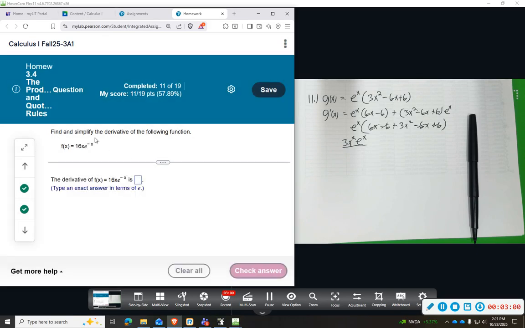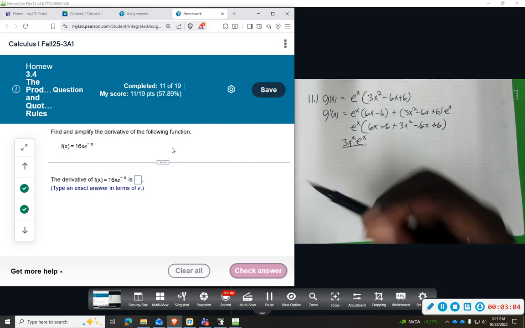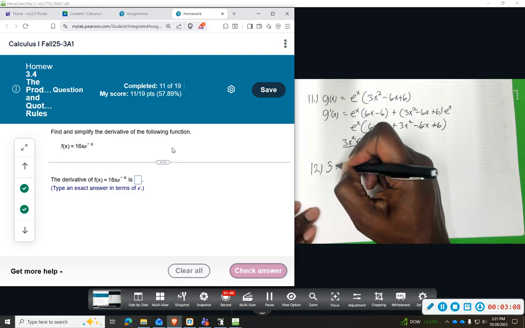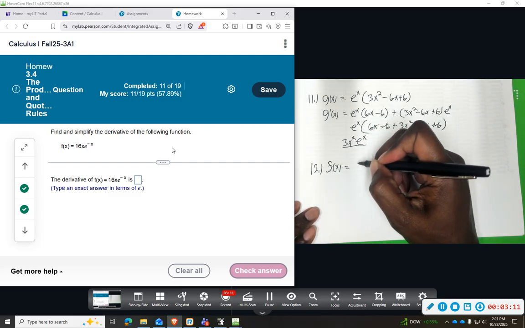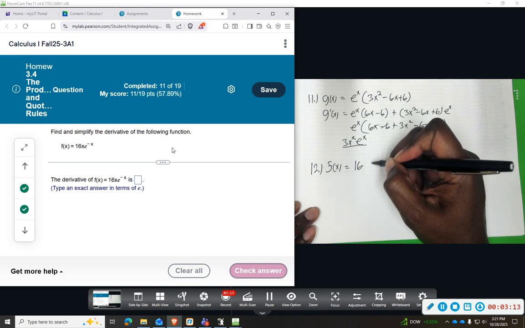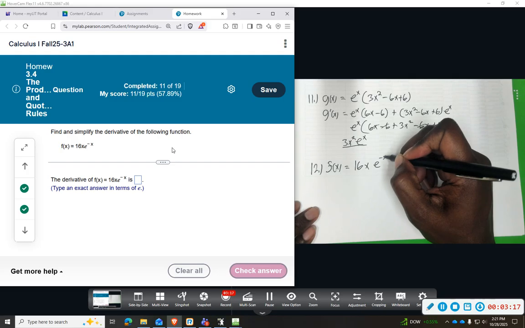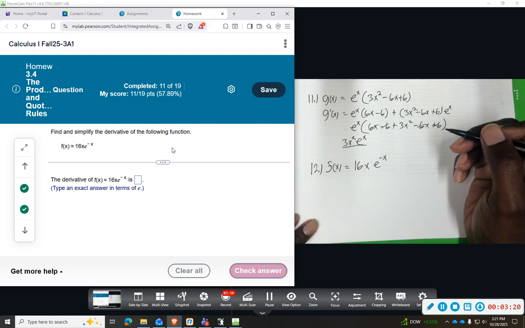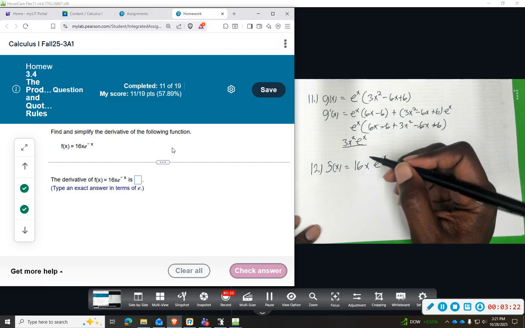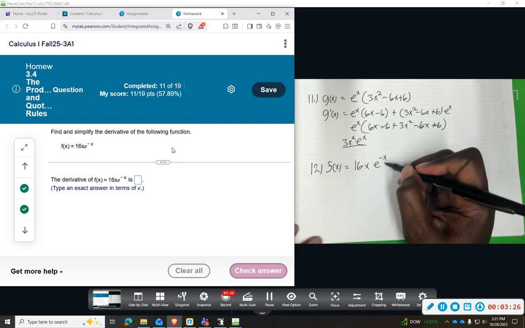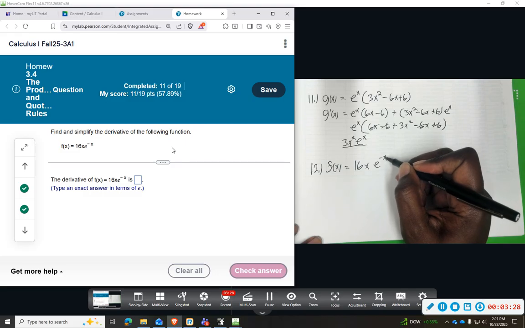This one, just want to find the derivative of this function. Again, we'll do product rule. We got two functions of x. 16x e to the negative x. So I guess in mentioning this,